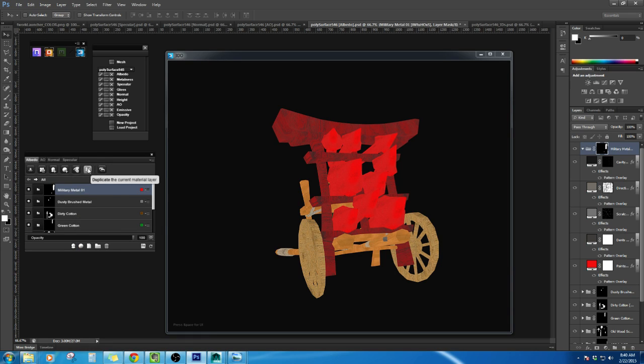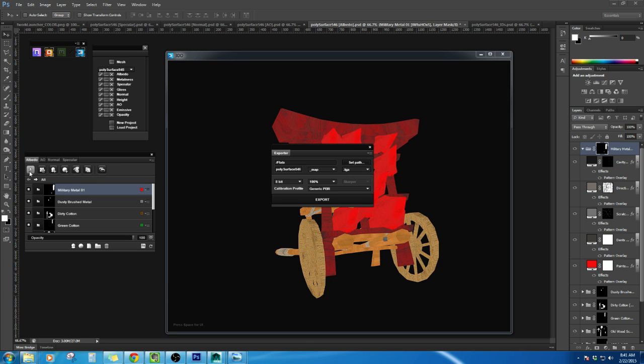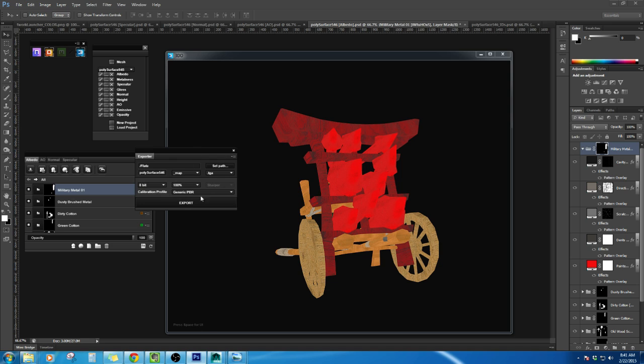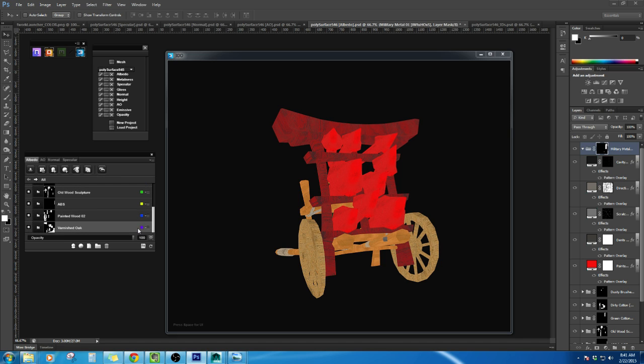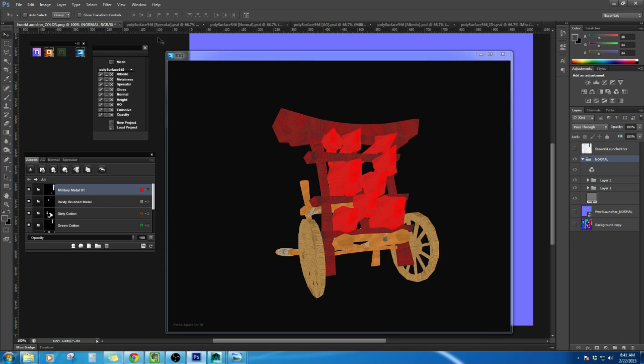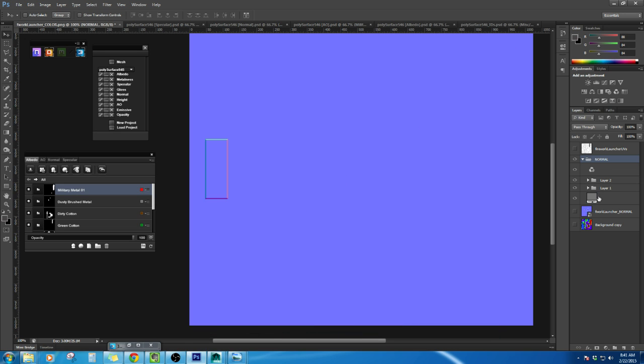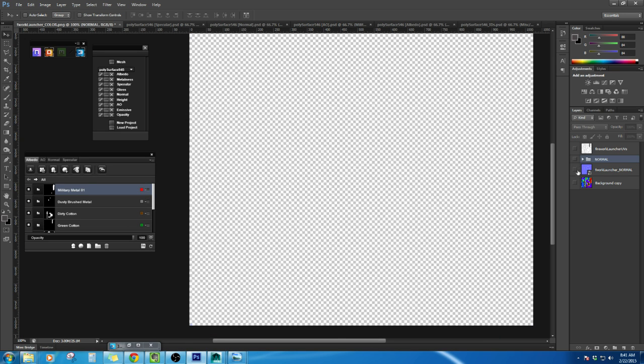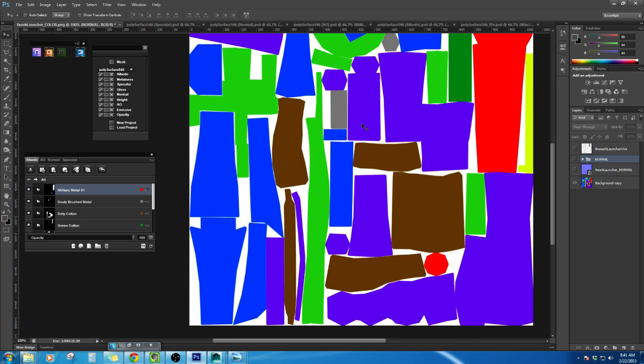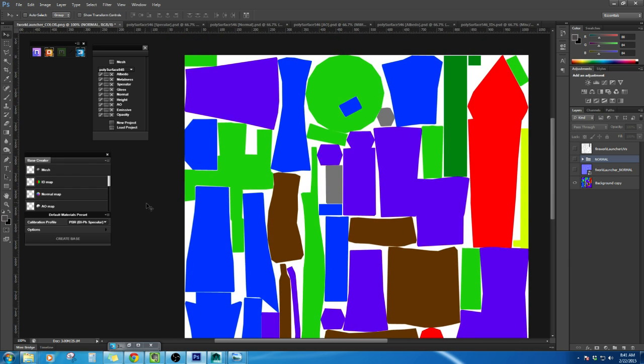How about this? Duplicate current. No, I don't want to duplicate. Open Explorer. No, that's not what I want either. Okay, well, I guess in this case you have to remember what color your color ID is, right? So let me just quickly show you guys this again. So you have to almost kind of remember, because if you